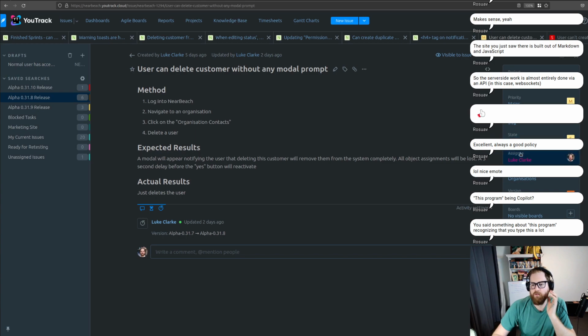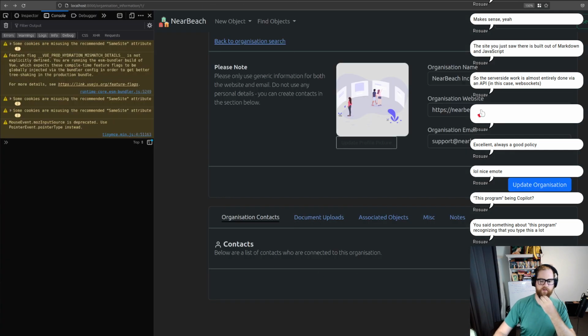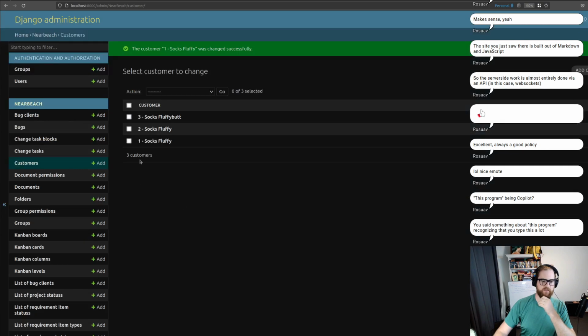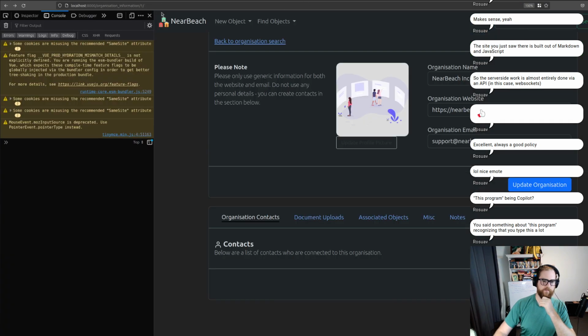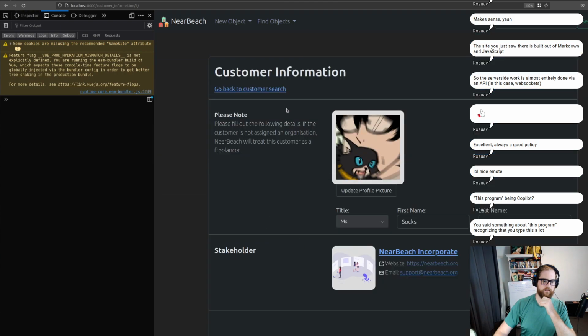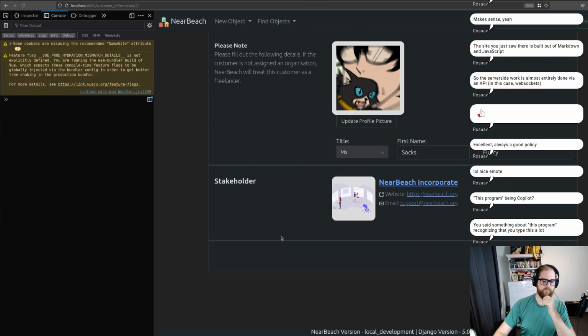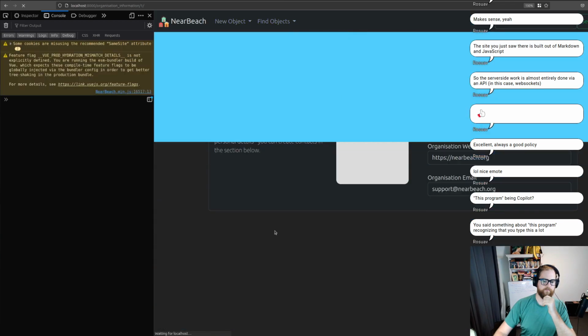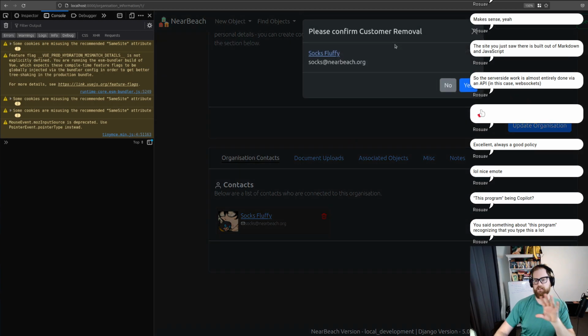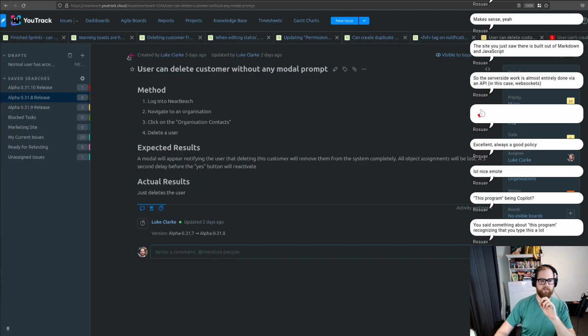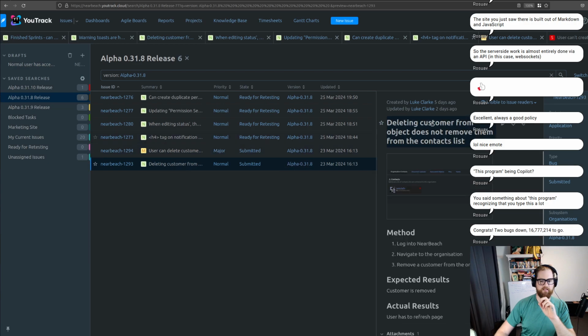All right, cool. So we've actually fixed 2 bugs, which is great news. So we've fixed this one. So user can delete without a modal prompt, which now, if we actually add socks back in. Oops. There we go. There it is. There's the modal prompt. And there was another bug, which is deleting customers from the object does not remove them. Yeah, so we've hit 2 birds with 1 stone. 2 bugs down,